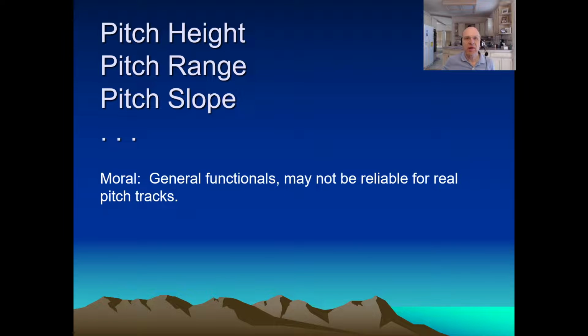Same problems arise for pitch slope, many other things. In general, functionals, like standard deviation or average, are elegant and simple, but may not be robust enough for your data. There is a school of thought which says that more features are better than fewer, even if some are not robust. For example, one configuration of OpenSmile had over 6,000 features.